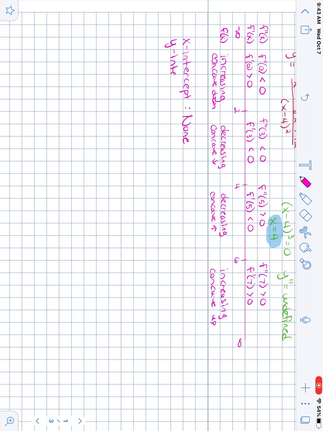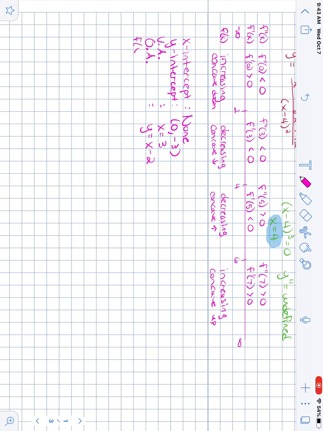Y-intercept, 0, negative 3. We have a vertical asymptote at x equals 3. We have an oblique asymptote at y equals x minus 2. We know that